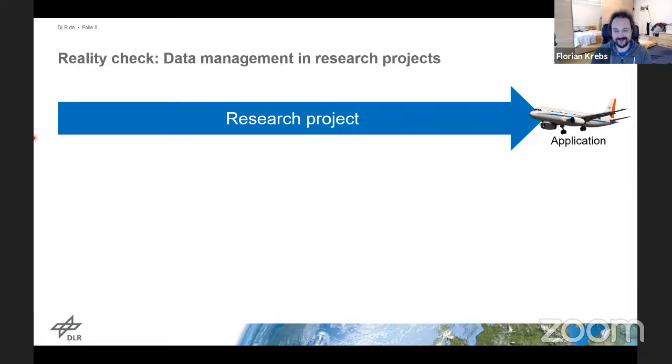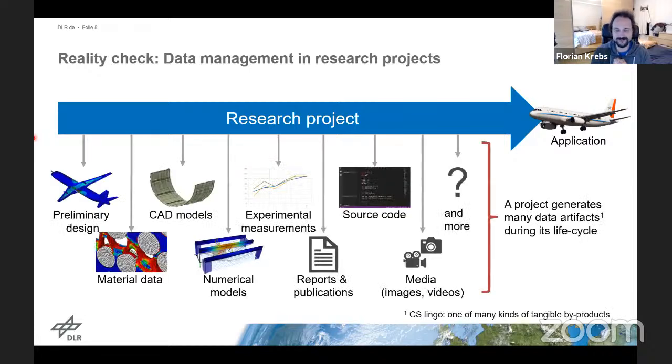Data management in a research project is usually very difficult, as there are very many different types of data that have to be managed. Some might come from a preliminary design for aircraft. Some might concern material data. Others are CAD models, then of course numerical models, and experimental measurements that are produced during a production run, for